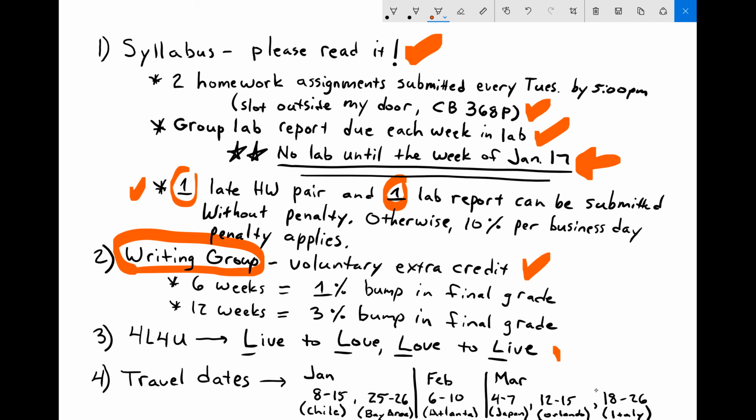You may have heard about a program that I like to encourage. I find that engineers tend to bury themselves in spreadsheets and books and work and forget about the real reason why we do what we do, which is to have joy and happiness in this life. And so that leads me to talk about what I like to call live to love, love to live, or 4L. And so I spend the first 5 to 8 minutes usually every Thursday lecture,